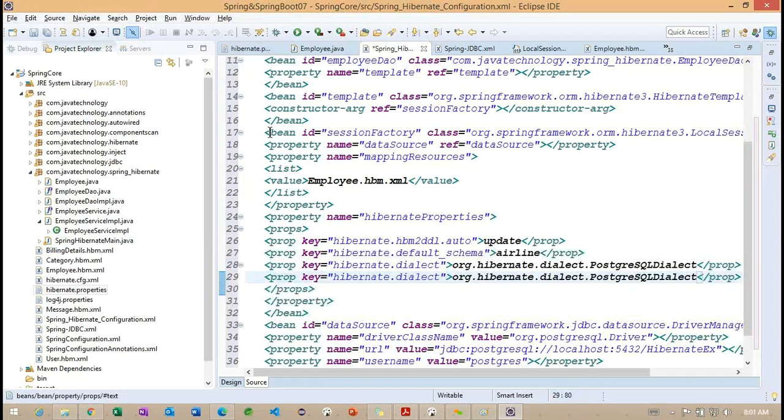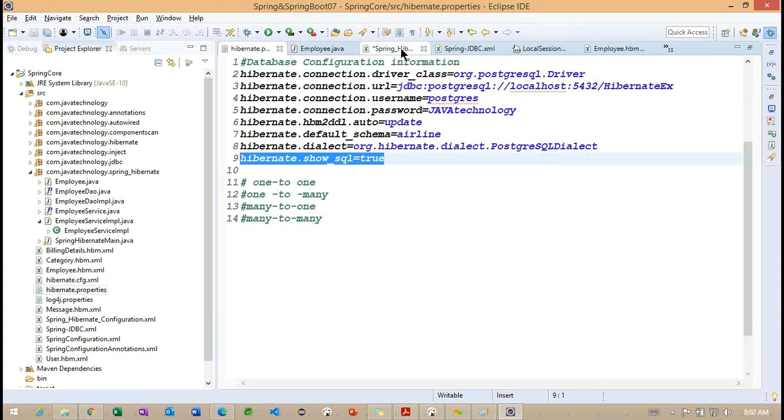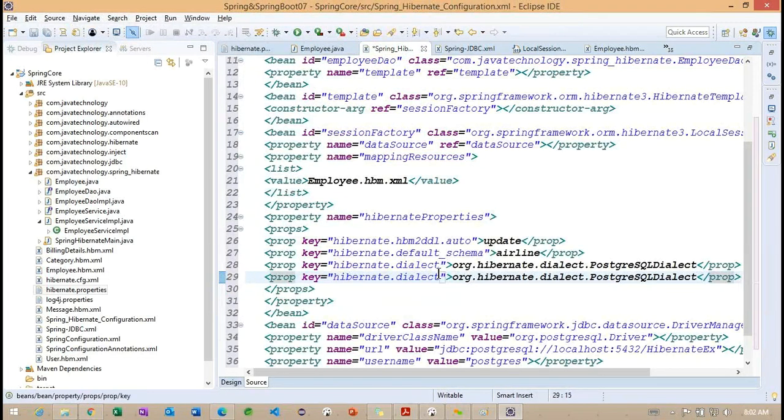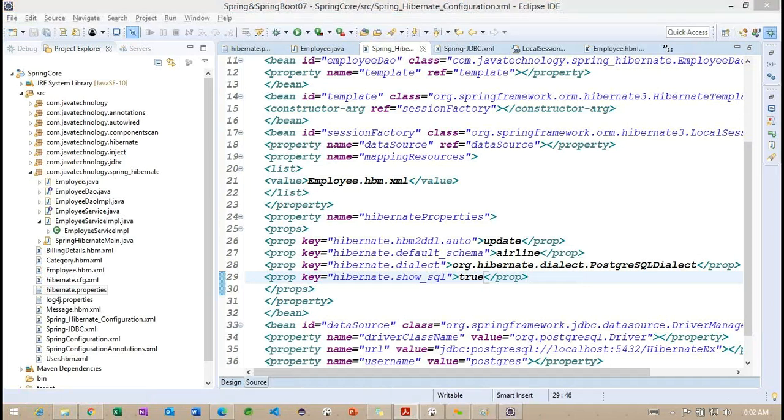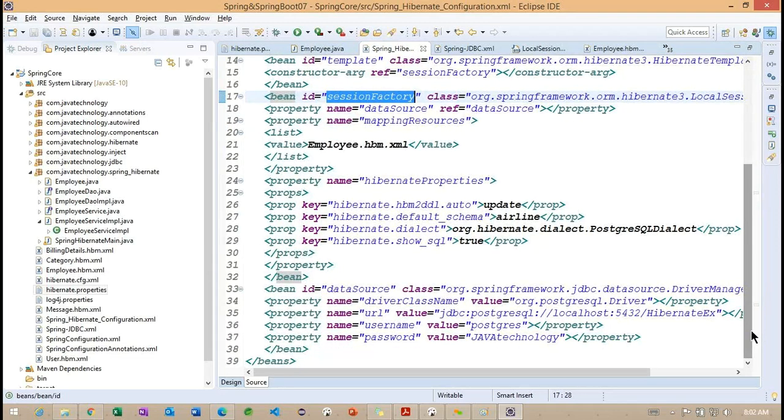So this is the dialect. Final one. What we need to specify? SQL query. Getting the point. So these are the Hibernate properties we need to specify. Carefully observe, all of these we specified inside this session factory.